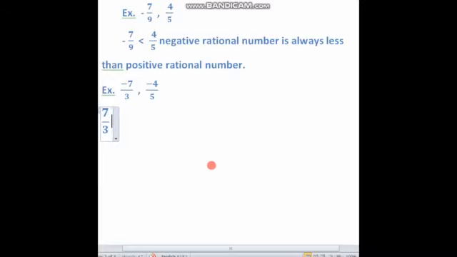Okay, and the other rational number, minus 4 upon 5, we have to treat again as a positive rational number. Okay, let me do it. So this way we can consider both the rational numbers as positive rational numbers, and now we can take